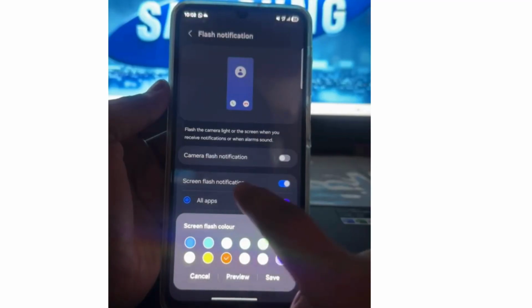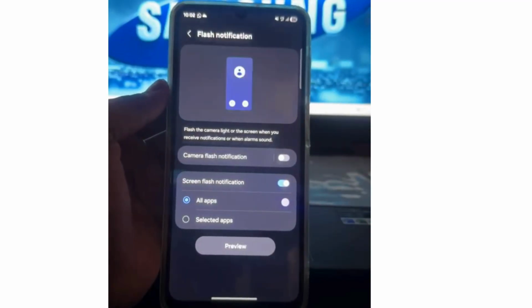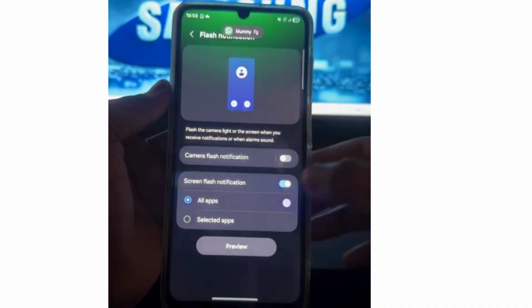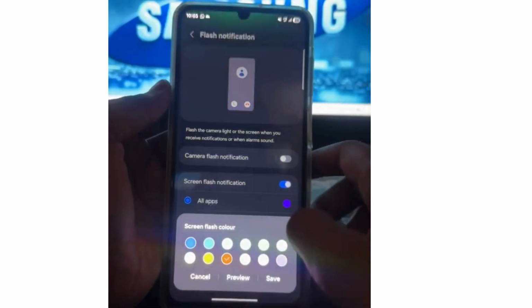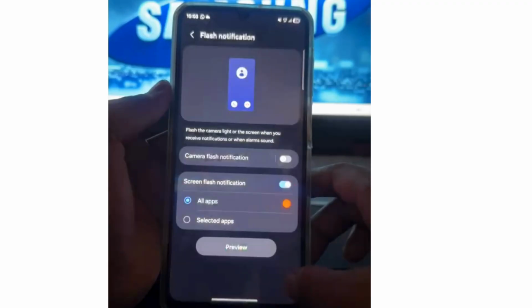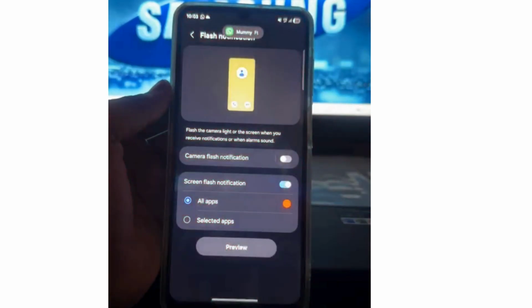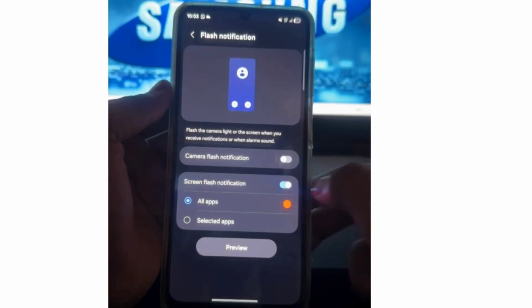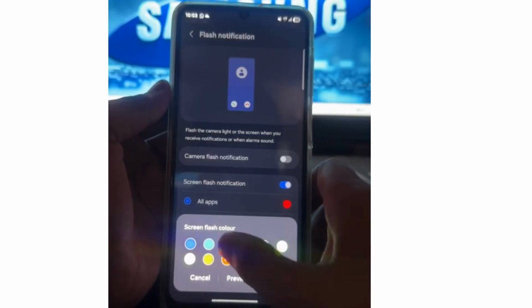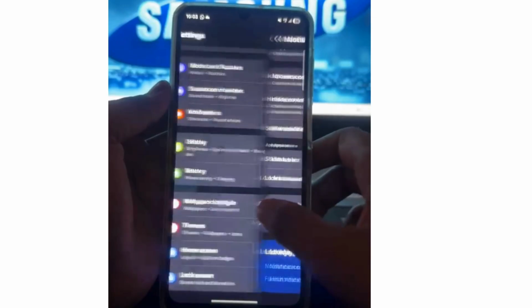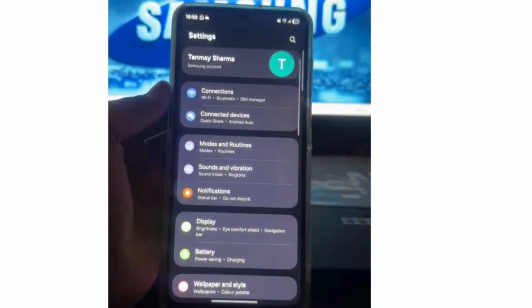You can choose a color, simply customize it and choose a flash color. Different flash colors are also available here, and choose from here a different color, and accordingly your flash notification color will be changed. Customizable settings let you choose between LED flash or a screen flash for alert. So it's a very important feature available for all Samsung Galaxy Android phones, Samsung Galaxy S24,